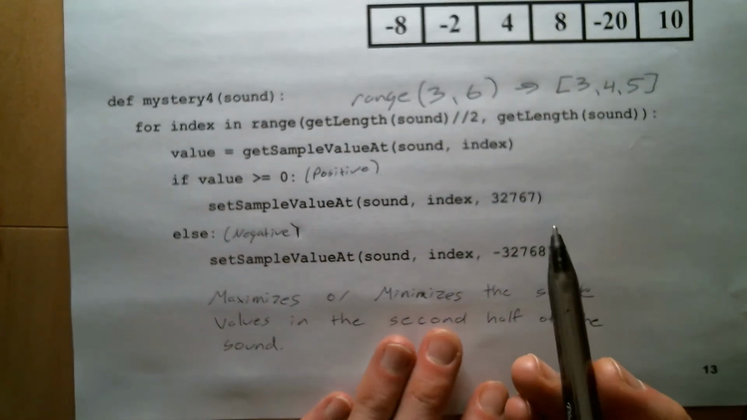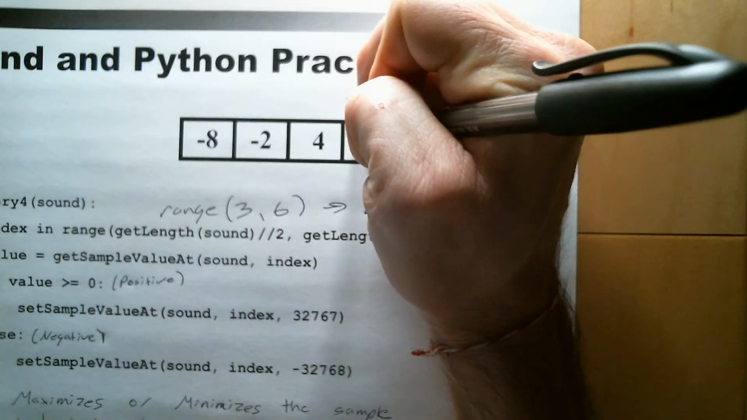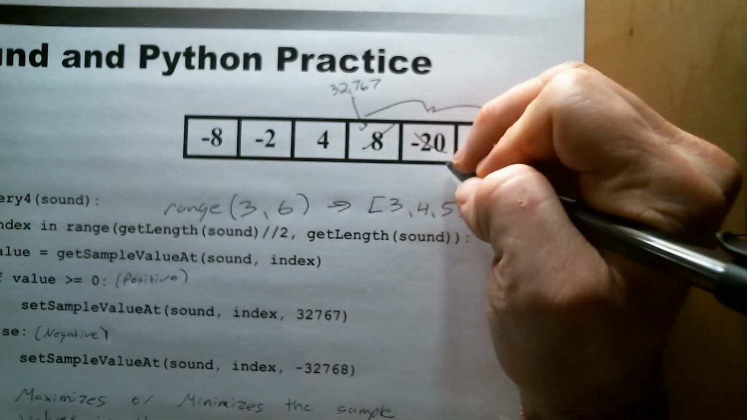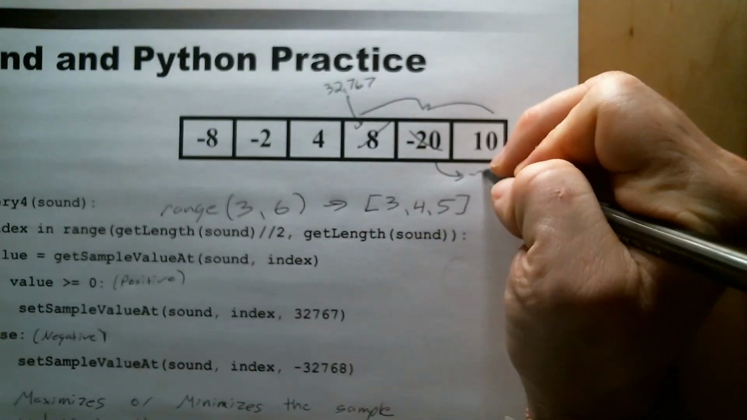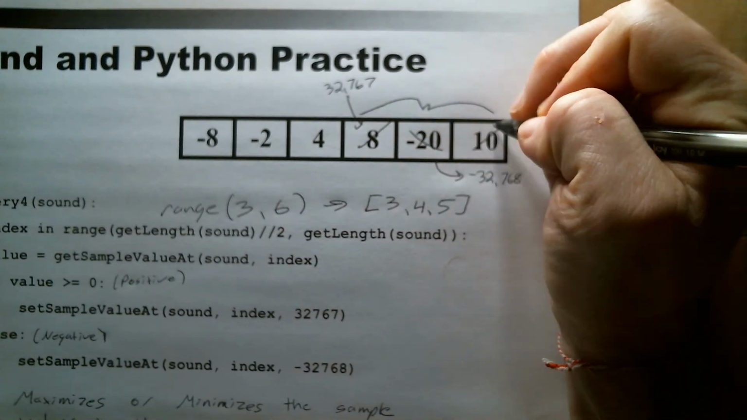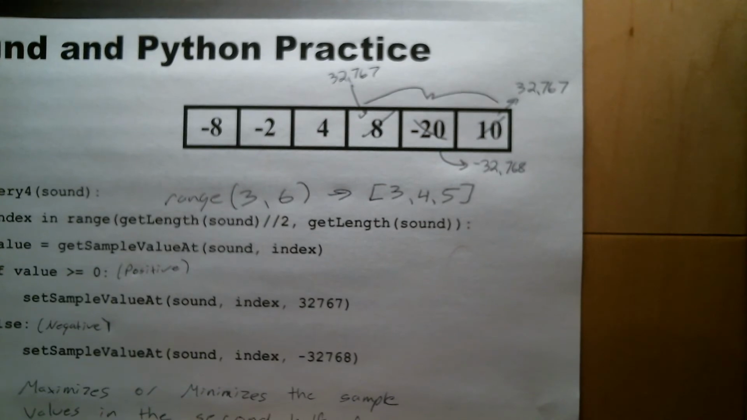But basically, going back up here, this one's positive, so it would get set to 32,767. This one's negative, so it would get set to negative 32,768. And this one is positive again, so it would go to positive 32,767. All right. So again, a little more involved, but same general idea. Retrieving indexes, or retrieving values, and then changing those values to create some sort of effect or some sort of